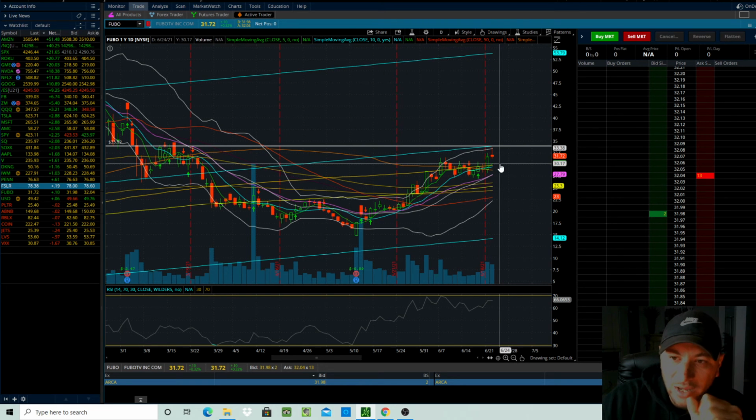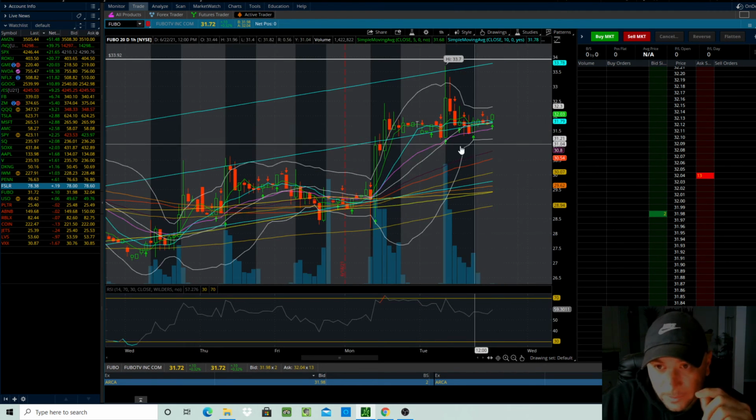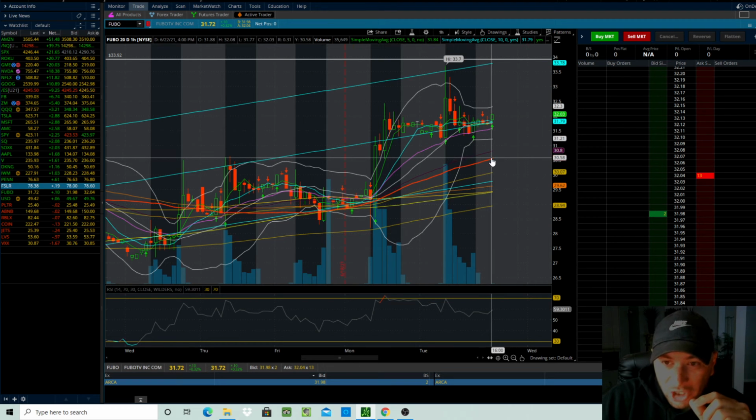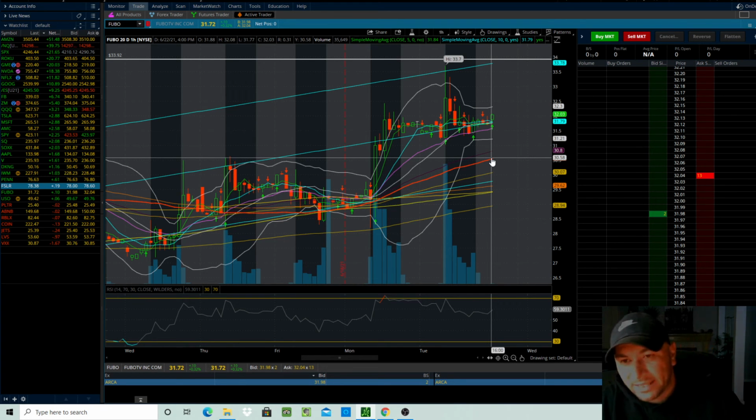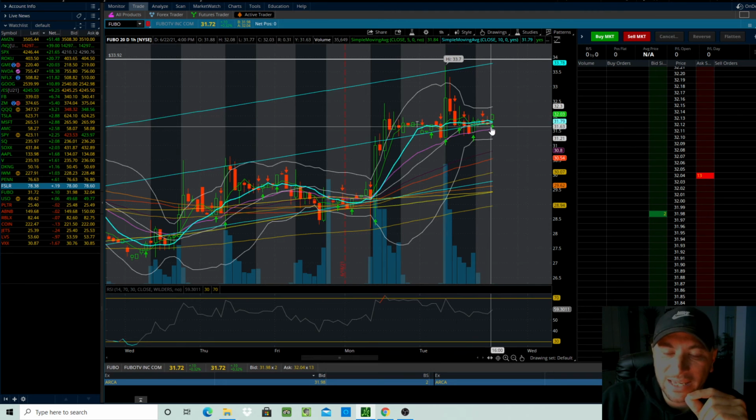we do have some support at $30.17. If I just pull up the hourly chart here, a good dip opportunity would be $30.50. So it's going to correlate and match up, almost picture perfect with the daily chart here. So what I would be looking for on a remount, on a bounce play, is if FUBO wants to go ahead and take a breath here,